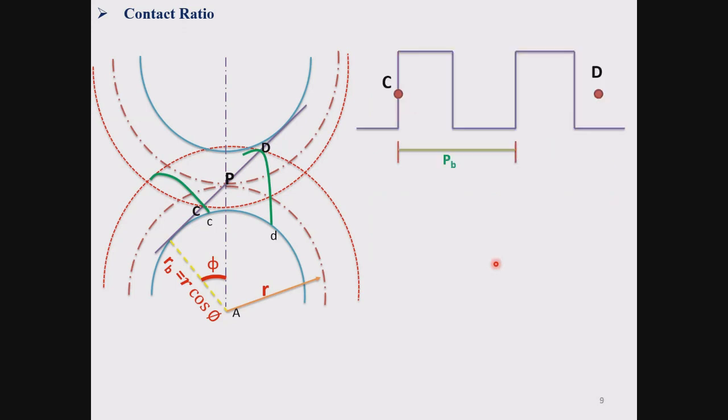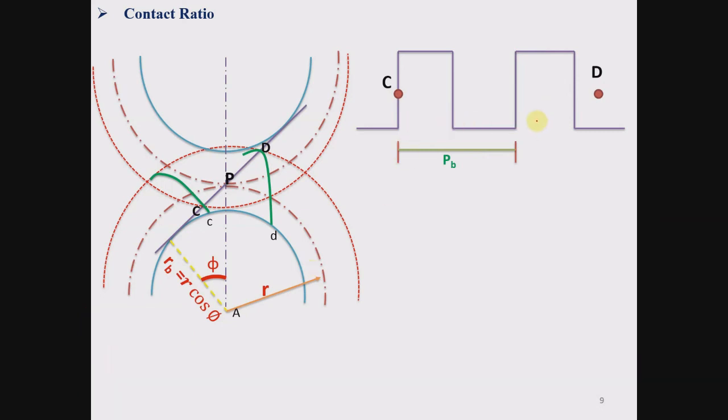Now let us try to understand this. Now look at this. This is the base pitch, the distance between two corresponding points on adjacent teeth. Now distance CD is greater than base pitch. कळलं? म्हणजे आता बघा,